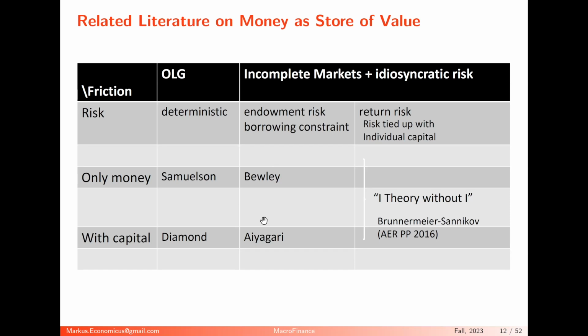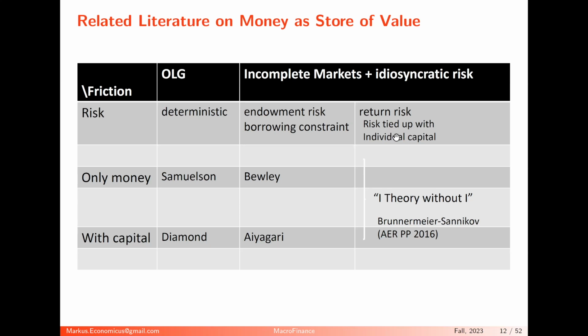And then Aiyagari actually put capital in it. There's also, in between, this Huggett model, but essentially it all goes back to Bewley. What happens in this type of literature, with market idiosyncratic risk, is that the exposure you have is independent of your portfolio choice. So you can have a lot of capital or very little capital, it's the same. The idiosyncratic risk comes from your labor side.